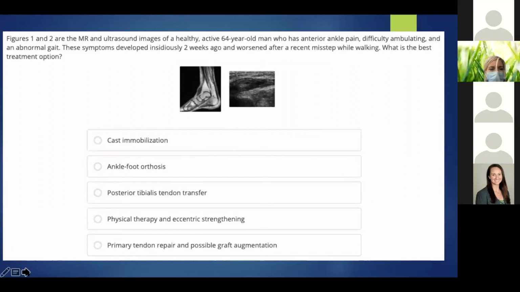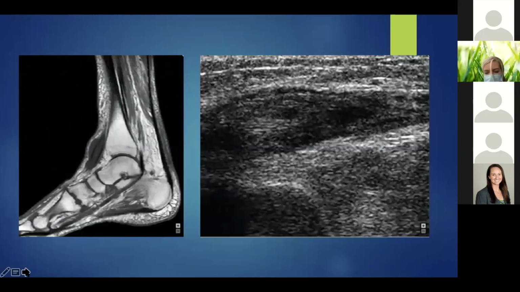Figures 1 and 2 are the MR and ultrasound images of a healthy, active 64-year-old man who has anterior ankle pain, difficulty ambulating, and an abnormal gait. These symptoms developed insidiously 2 weeks ago and worsened after a recent misstep while walking. What is the best treatment option? What do you see here? It looks like some soft tissue structure in the anterior aspect of the ankle that looks like it's maybe retracted, potentially. So on ultrasound, for